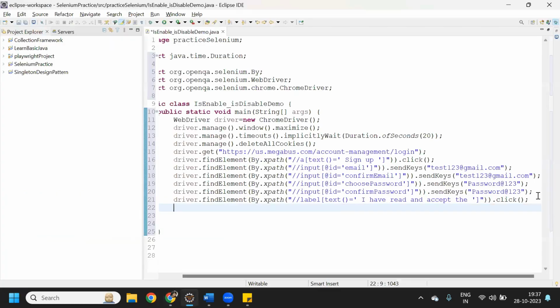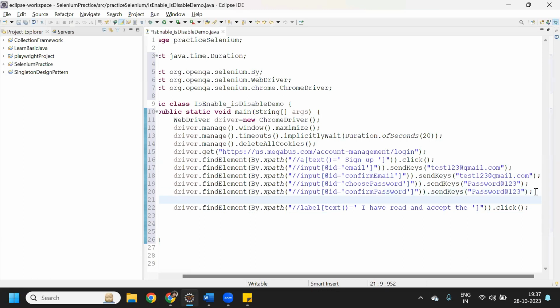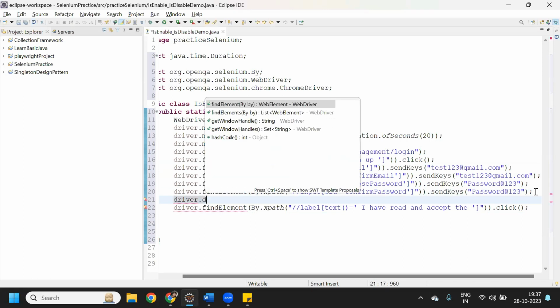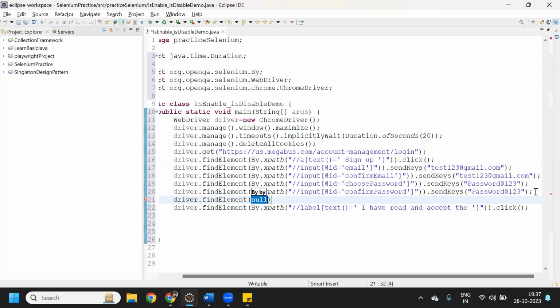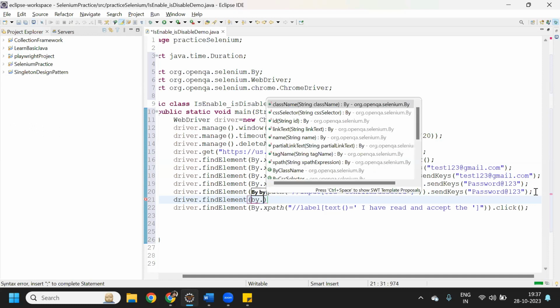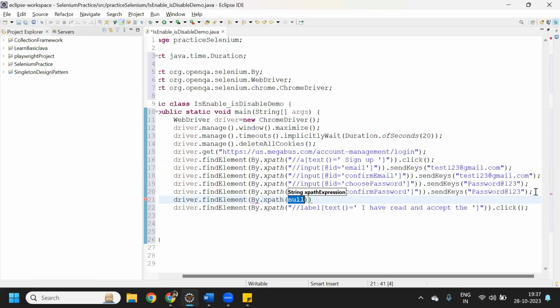So before clicking on it, I'll write here driver dot find element by dot XPath. Put the XPath here